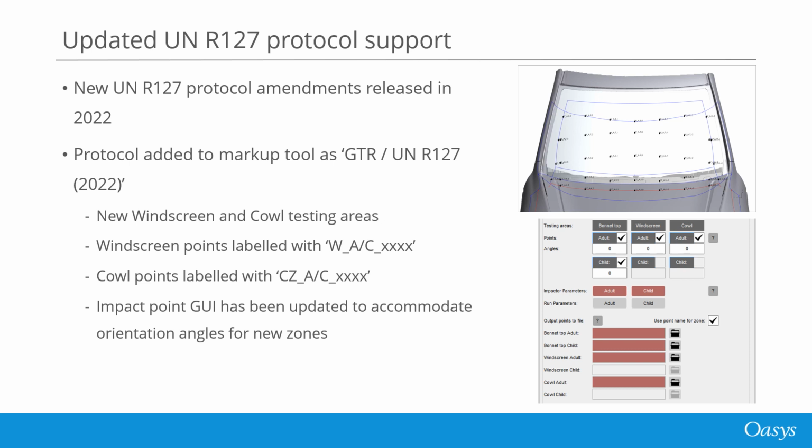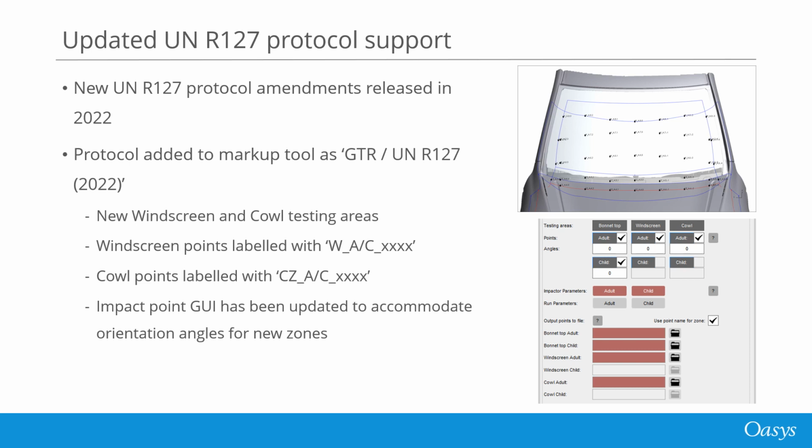In 2022, a new series of amendments were released for the legal protocol UN R127. To allow for both the older version of the protocol and the new amendments, a new protocol option has been added to the markup tool called GTR/UNR127 2022. The amendments included the addition of two new head impact testing areas, the windscreen and cowl testing areas,